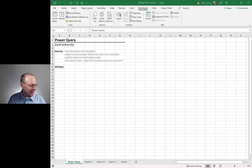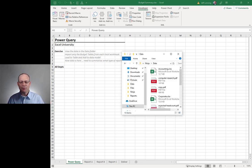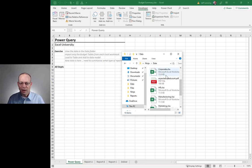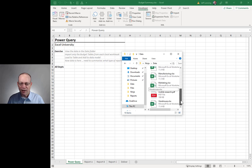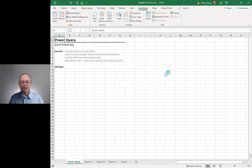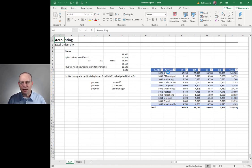So let's take a look at the folder. Here's the folder, and it's called Data, and it contains the accounting department's workbook. Looks like a couple of PDF files were printed there. We've got corporate's workbook, HR, manufacturing, marketing, warehouse. Let's take a look at the accounting workbook just to get our bearings. We double click on that, and the accounting manager sends this to us, and I'm like,